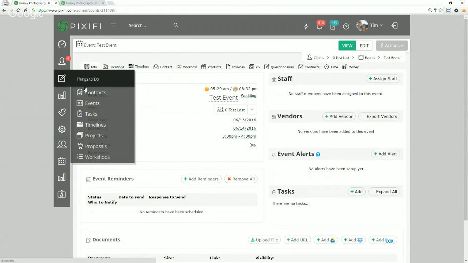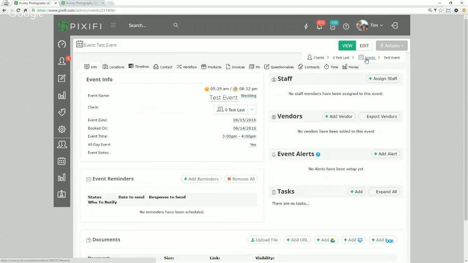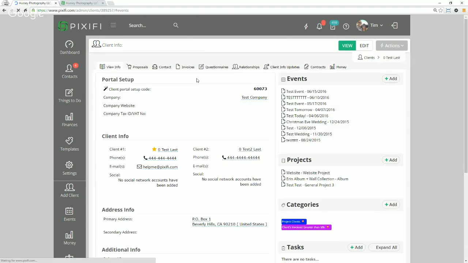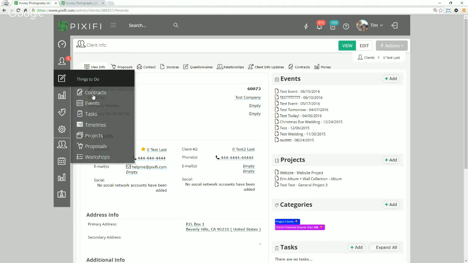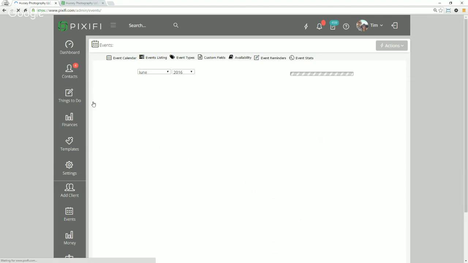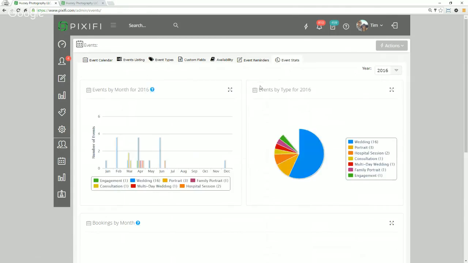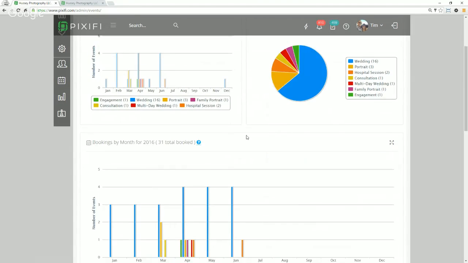Oh yes, and that is also correct. Let me go back to the events module for the stats. The question was, what about the reporting? What would happen to this event stats if all of a sudden you deleted an event type? Well, then